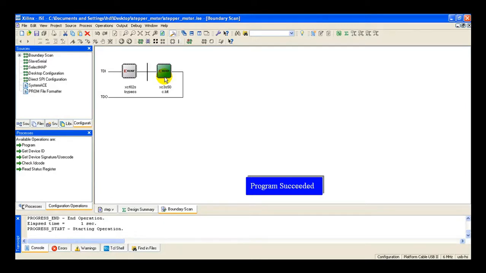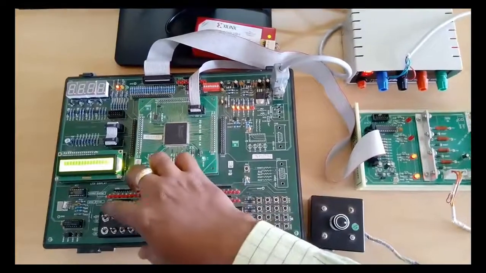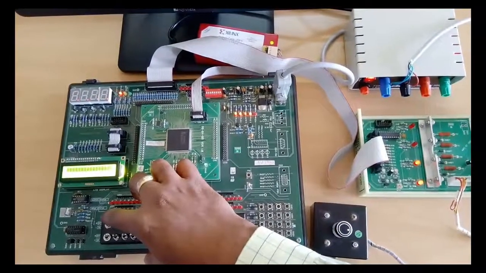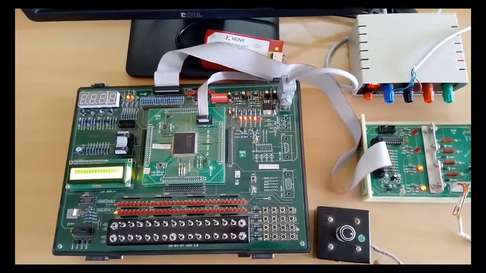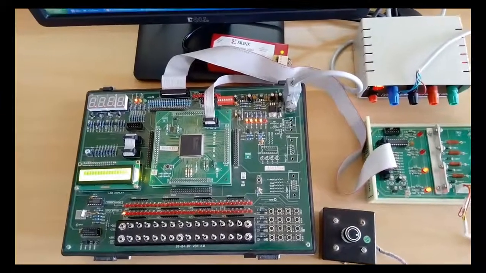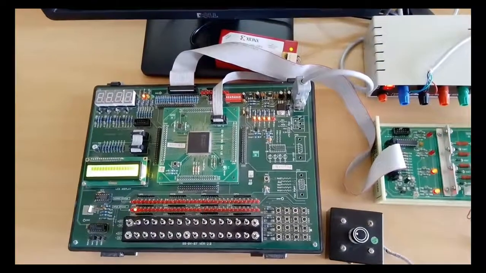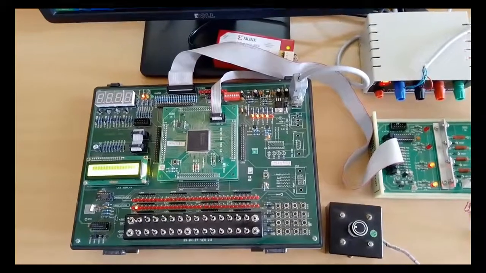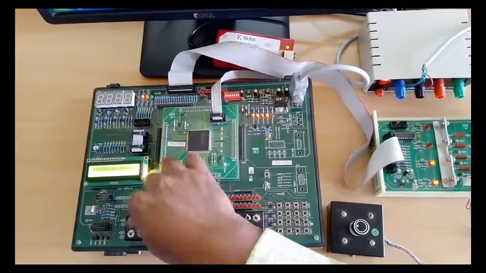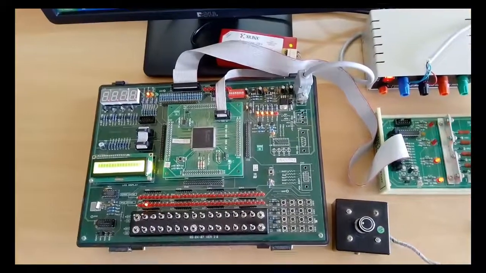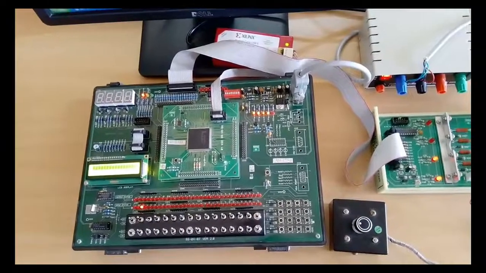These are the steps we have to perform in the Xilinx ISE tool to download our written code, generate the bit file, and download that bit file to the ROM of the FPGA. That's all. You can observe that if switch number 1 is used, the motor rotates 360 degrees clockwise. If I use the second switch, the motor rotates anti-clockwise 50% of the 200 steps, that is 180 degrees. If I use the third switch, the motor rotates 360 degrees anti-clockwise.